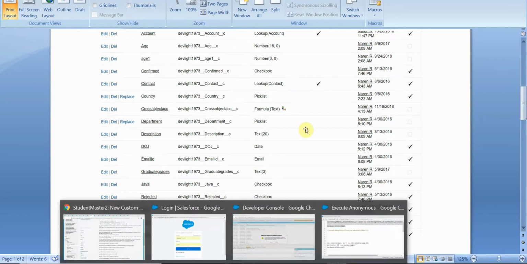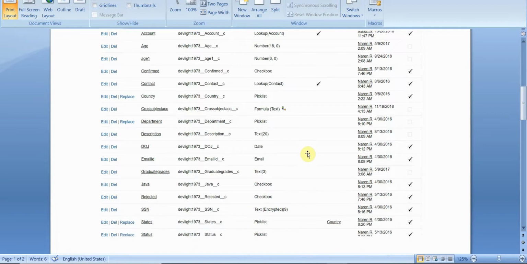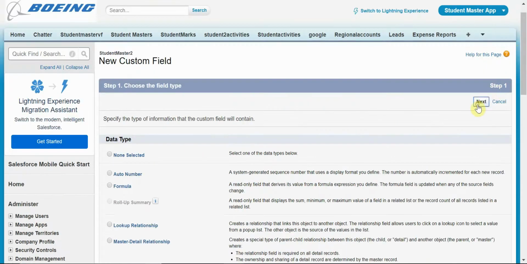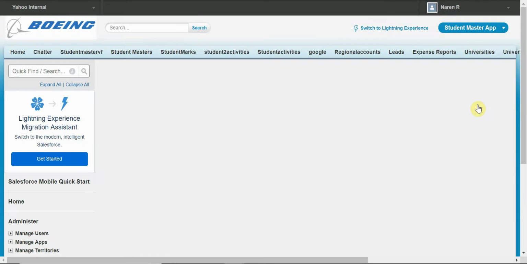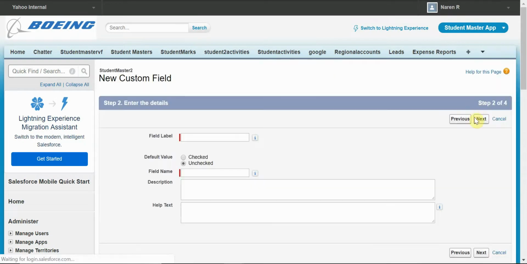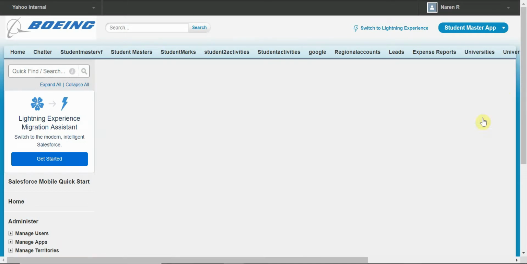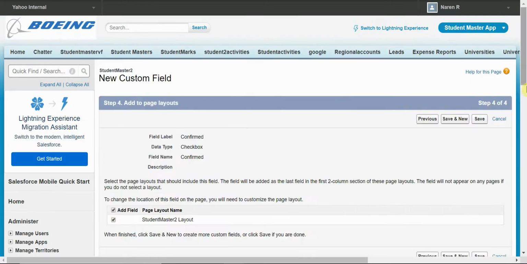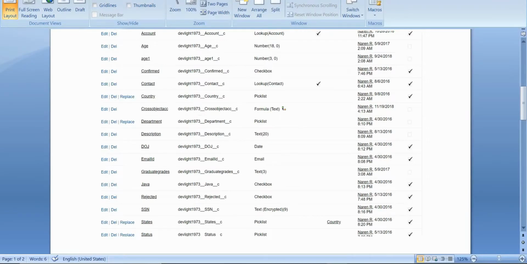Let's create one: confirmed. Let's create confirmed, rejected. Create a checkbox called confirmed. It's going to be a checkbox, so it's going to be unchecked at first. Click next, and the same thing you have to select. So now take the defaults over here, come back to the layout, keep going, and next you can select an